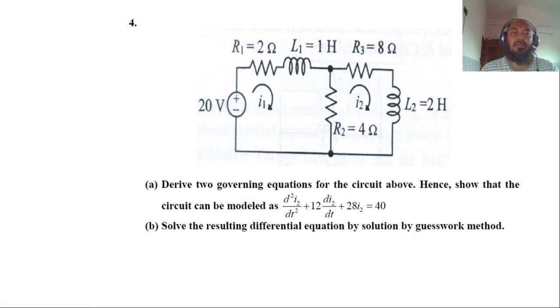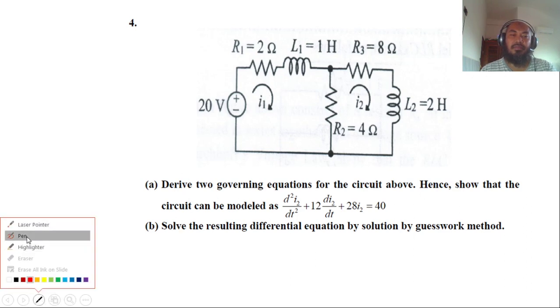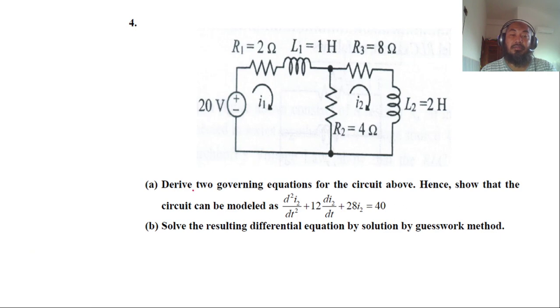So today we are going to discuss tutorial 7 question number 4. I will show you how to solve this problem, but I find the solution is a little bit different from this. We're supposed to find, after we develop the coordinate equation, the final solution with this